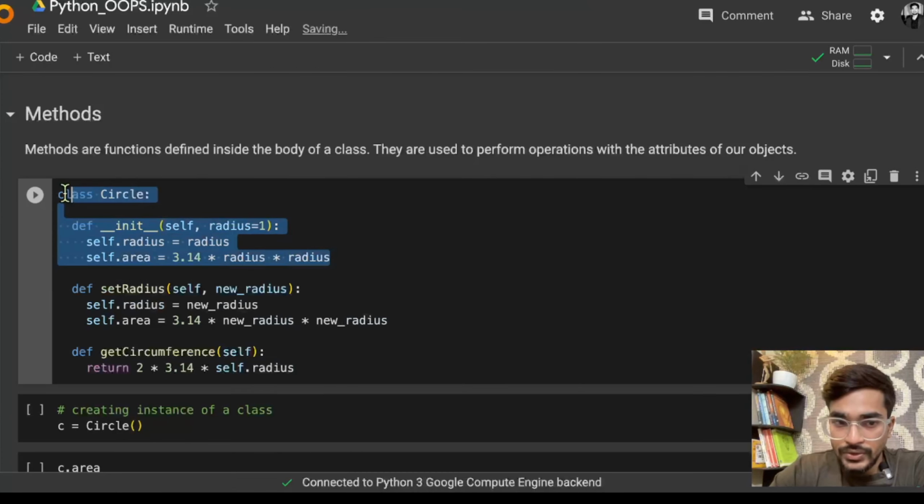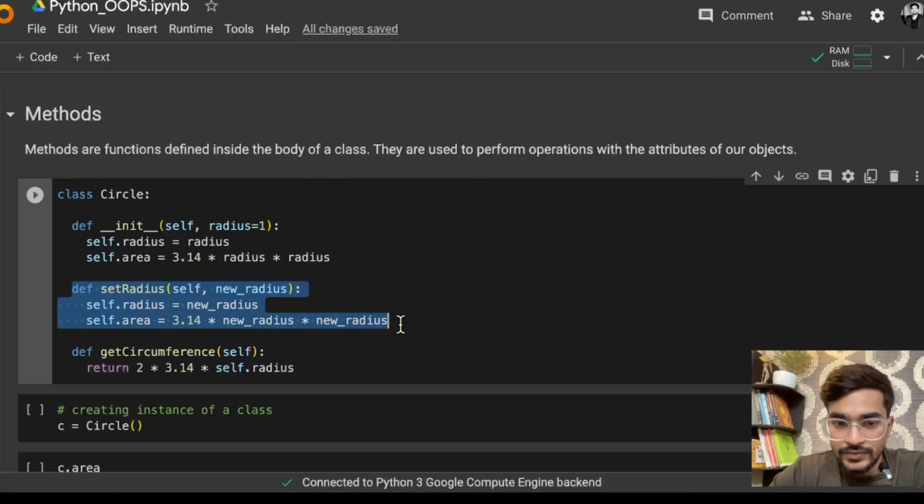Now up to here, what you are doing is defining a class and initializing the attributes. After that, if you are defining any other function, other than this special init function, it is called a method. That means if you define any function inside a class except the init method, then it becomes a method. So this is actually called a method. As I said, function and method are the same thing, but because it is inside a class, we call it a method.